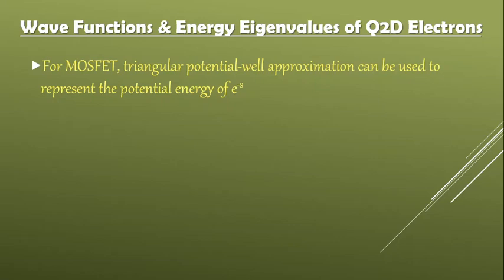that is quasi two-dimensional electrons, and it is defined as V of z equals e times F times z when z is greater than 0, or V of z will be equal to infinity if z is equal to or less than 0. So here the triangular well consists of a potential with a constant slope that is bound at one side by an infinite barrier. So if z is less than or equal to 0, then we will have an infinite barrier. That's why V of z will be equal to infinity.